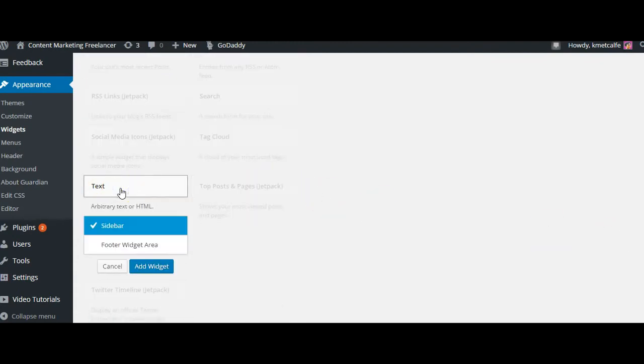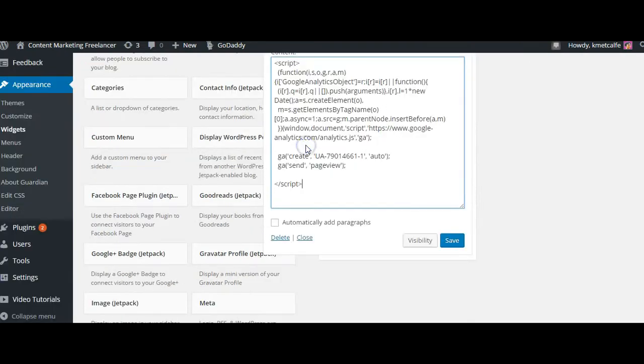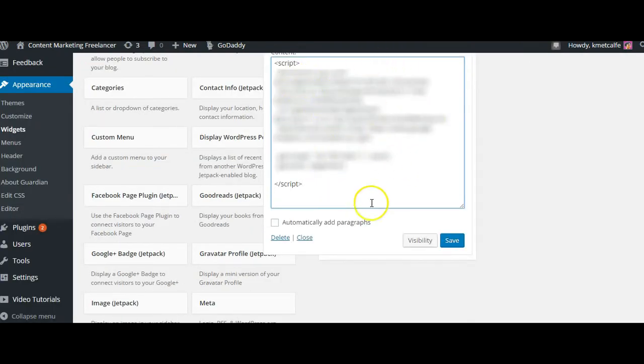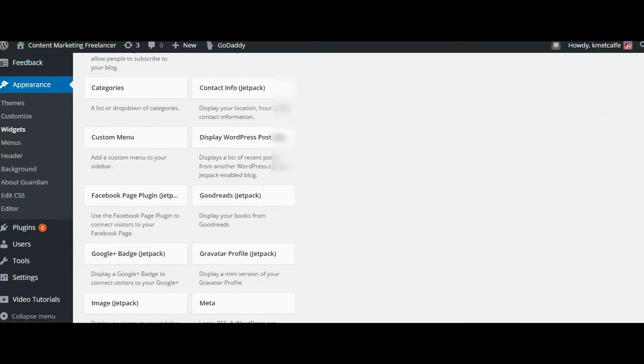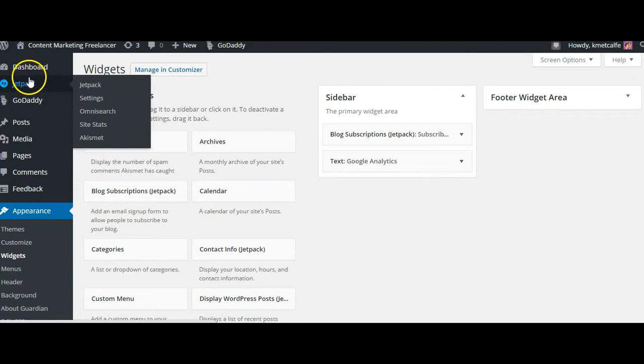Just click on it. Right, we want it in the sidebar, and we click add widget, and then you can put as the title Google Analytics here, and then you would just paste the code. All right, so the code is pasted, and you just click save and close. All right, so there it is. It's set up. Let's go back to our dashboard here,